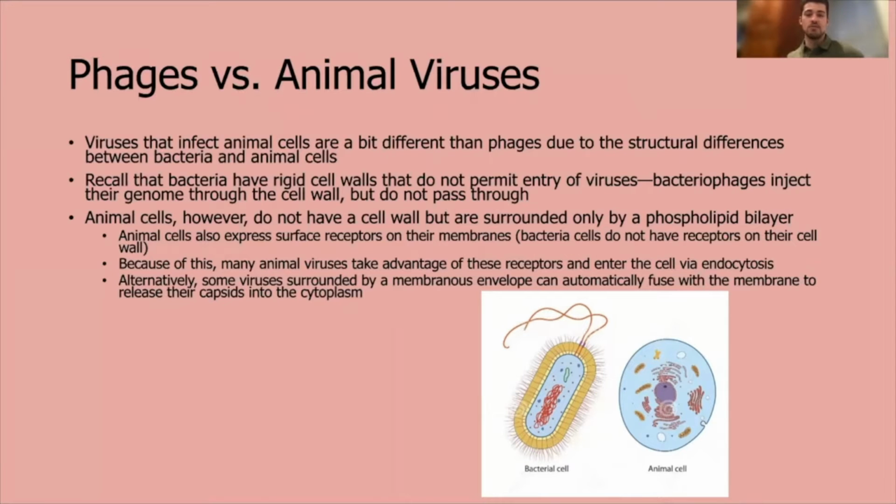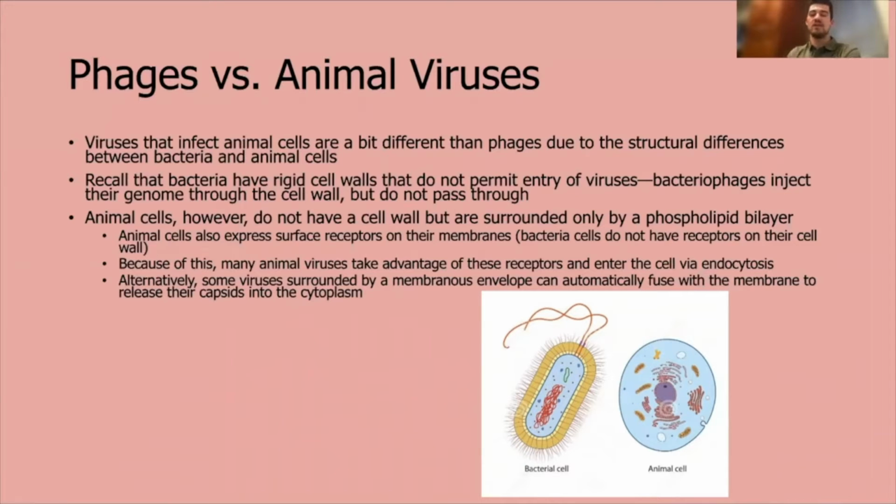But animal cells, however, do not have a cell wall, but they're surrounded only by a phospholipid bilayer. So remember that from your high school biology classes. Animal cells also express surface receptors on their membranes, like we mentioned. Bacteria cells do not have receptors because they have a cell wall. So because of this, many animal viruses take advantage of these receptors and enter the cell via endocytosis. Alternatively, some viruses surrounded by a membranous envelope can automatically fuse with the membrane to release their capsids into the cytoplasm. And I put a picture at the bottom so you can get a sort of visualization of how a